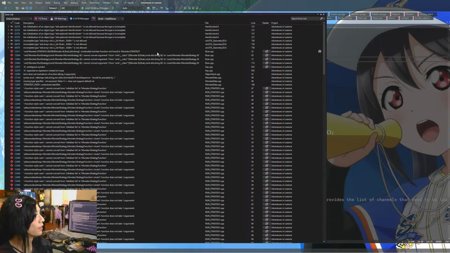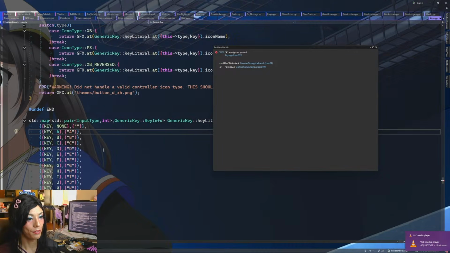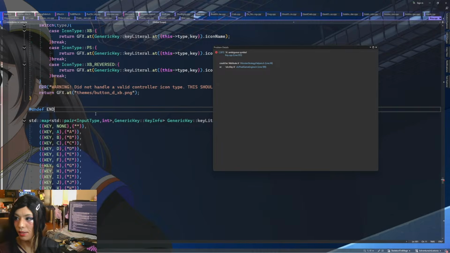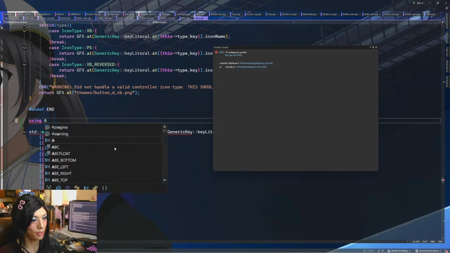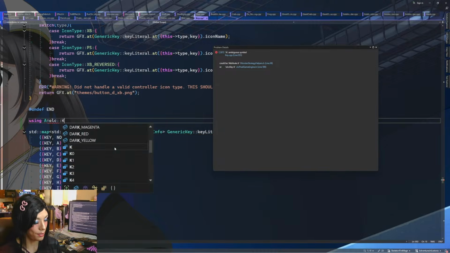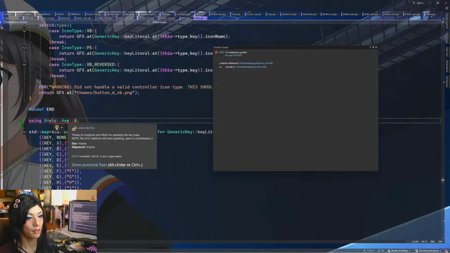Okay. Key, a ambiguous symbol. So for this, we're gonna say thinks that's attribute, so using a equals OLC A. Constant OCA is not a type name?